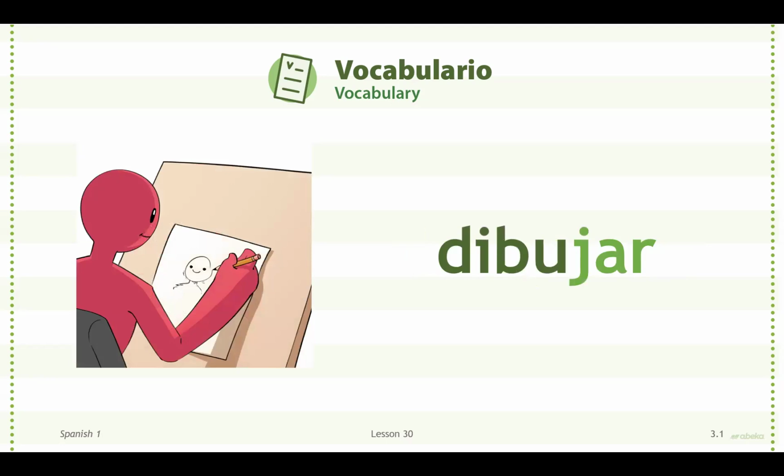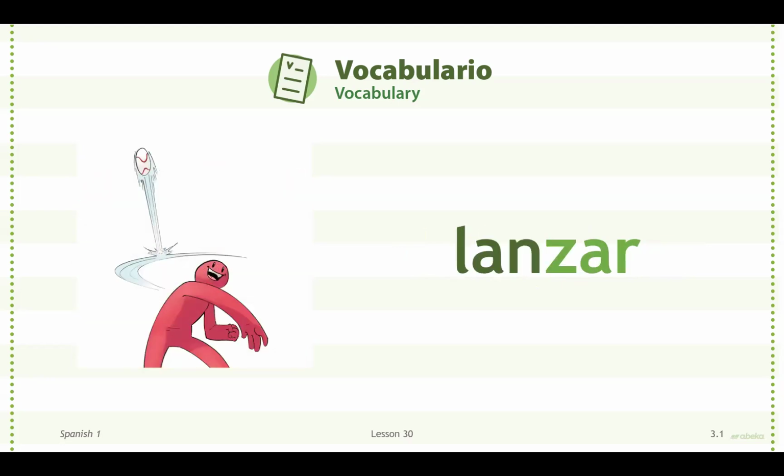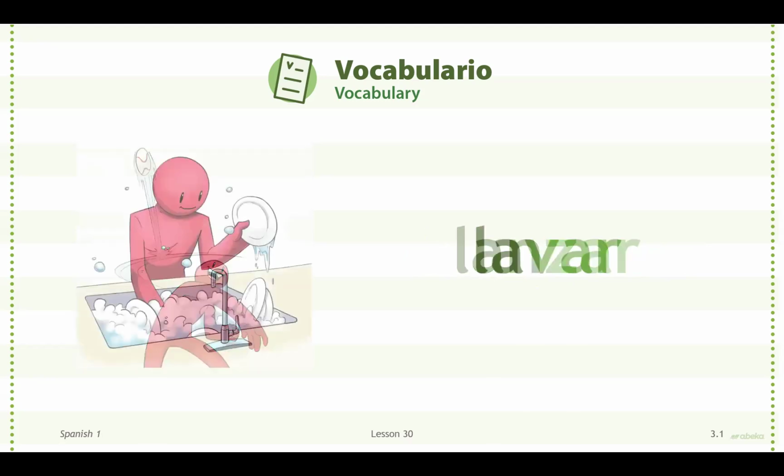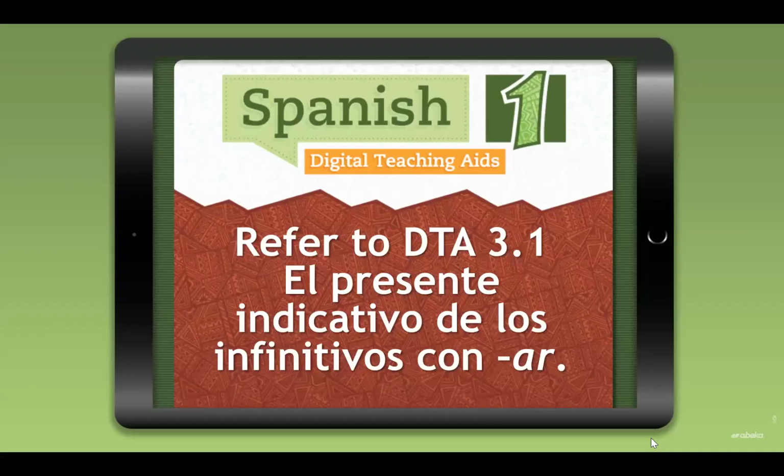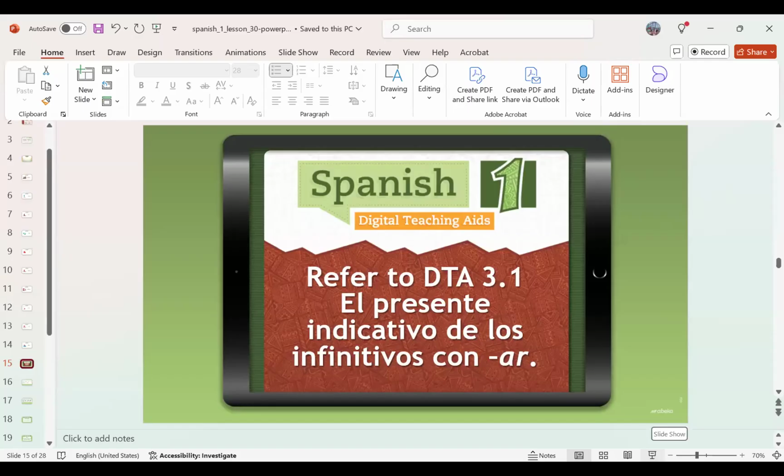Dibujar, dibujar, to draw. Lanzar, lanzar, to throw. Lavar, lavar, to wash. Nadar, nadar, to swim. Okay, so those are words 1 through 10, del 1 al 10. That's probably gonna be your homework: write those 10 words 4 times each. So start memorizing these first